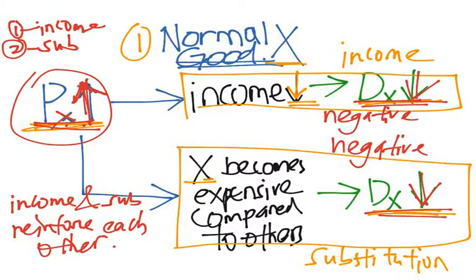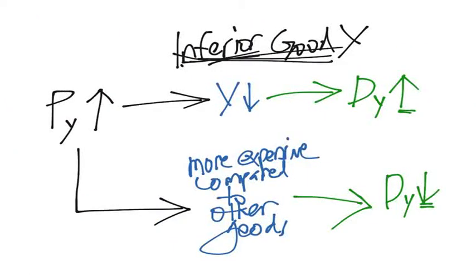Okay? Understand? So when the income and substitution effect reinforce each other, we say that when the price of X increases, the demand of X decreases also. Understand? Okay. Next, we'll talk about inferior good. So normally, this is where it starts to get confusing. Okay. So same thing. For an inferior good,